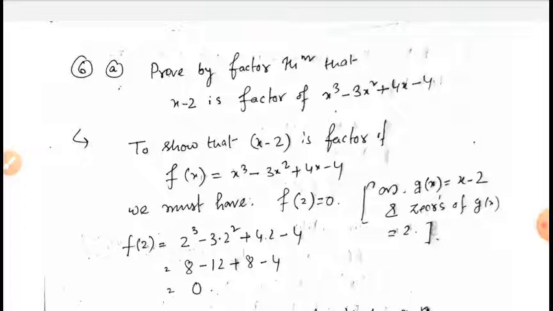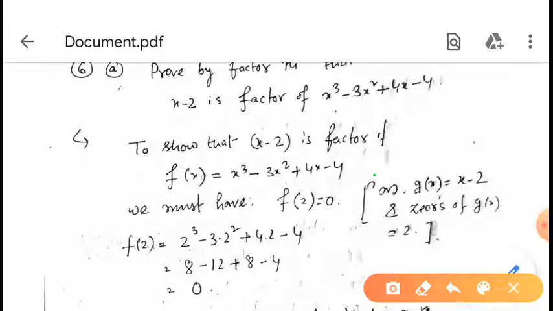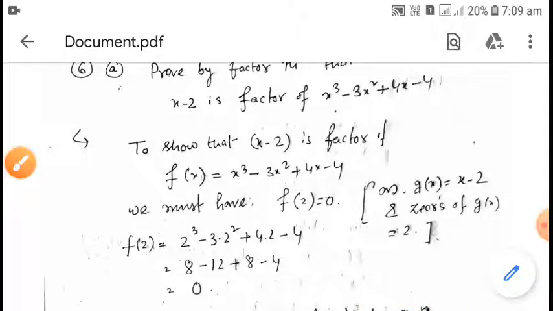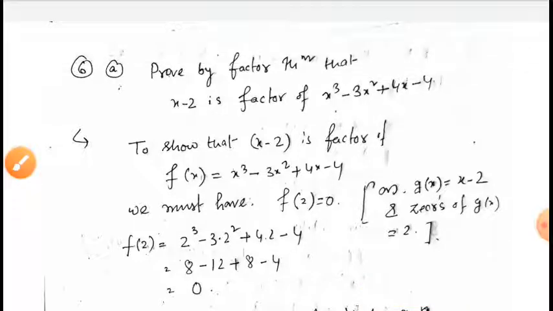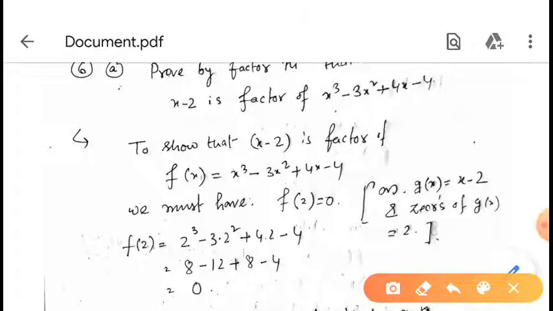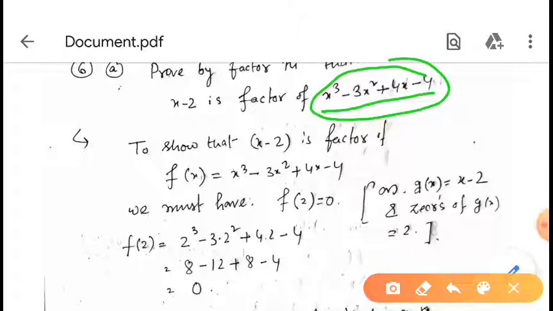So what it says is: prove by the factor theorem that x minus 2 is a factor of x cube minus 3x square plus 4x minus 4. Okay. So now to show that x minus 2 is a factor of this function, you must consider that this